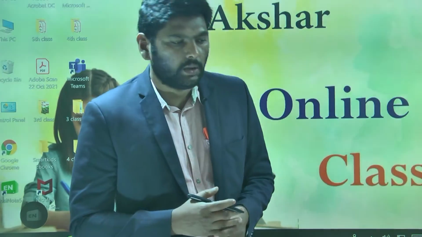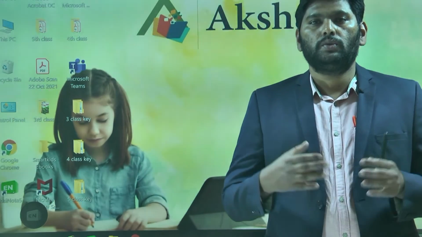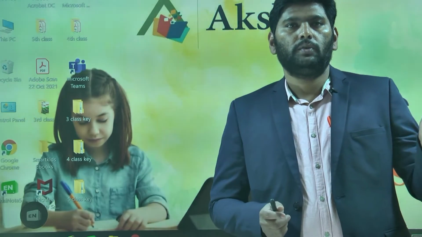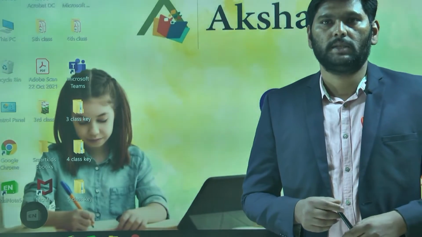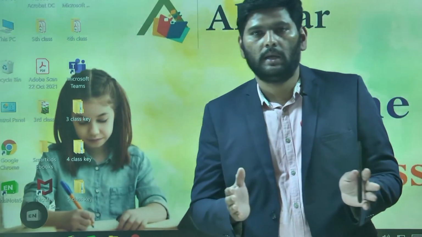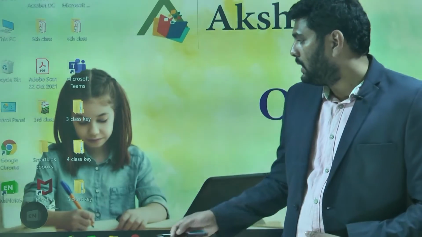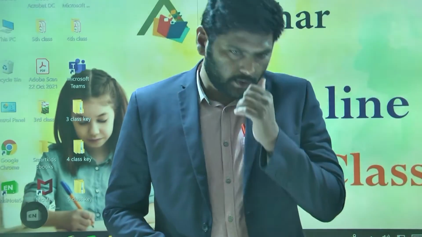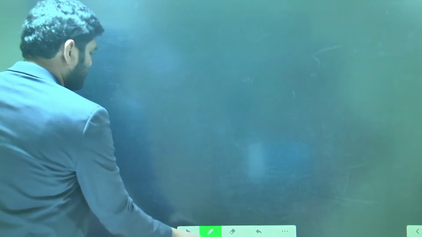These are all concepts we discussed in the last class. Now today we are going to learn about multiples and submultiples. These multiples and submultiples will help you to convert one system of units to another system of units, isn't it? We will use multiples and submultiples for converting one system to another. So let's start multiples and submultiples in detail. Better write it down.